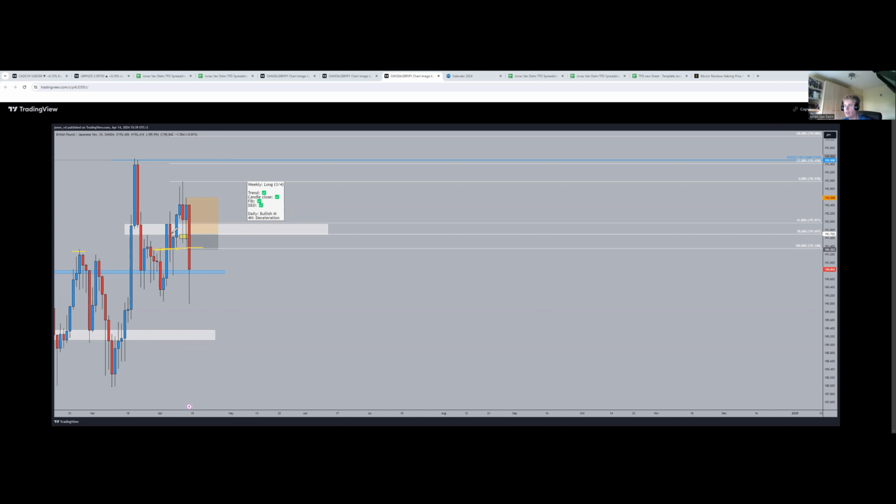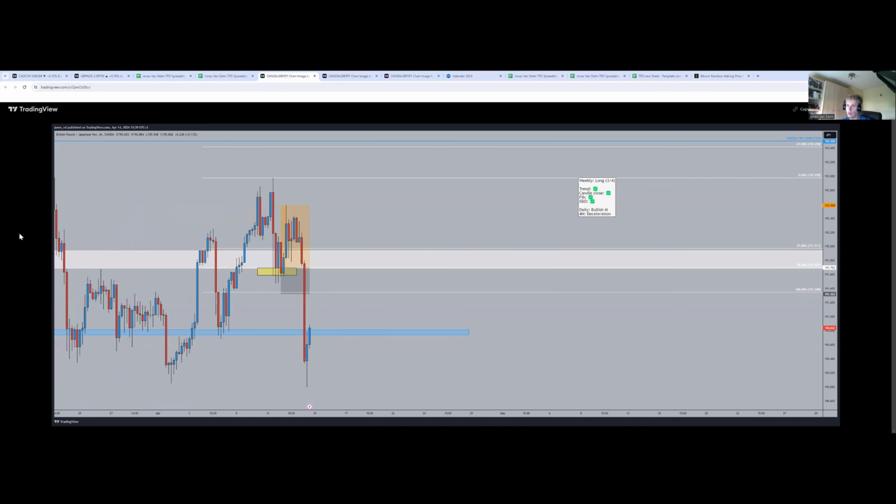The power is also sitting at the IC, and I found that IC was also big. So I was a little bit afraid of that IC, and that was wrong to do, because the IC is still fitting in those FIB levels from the 61.80 till 100, so it's closing in between. So then I drew the daily zone. This was already drawn, and on the 4 hour, you could see we expected, or we get it here,